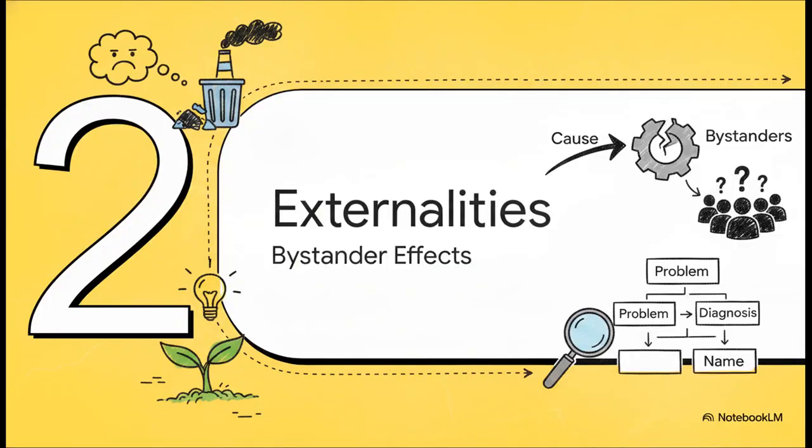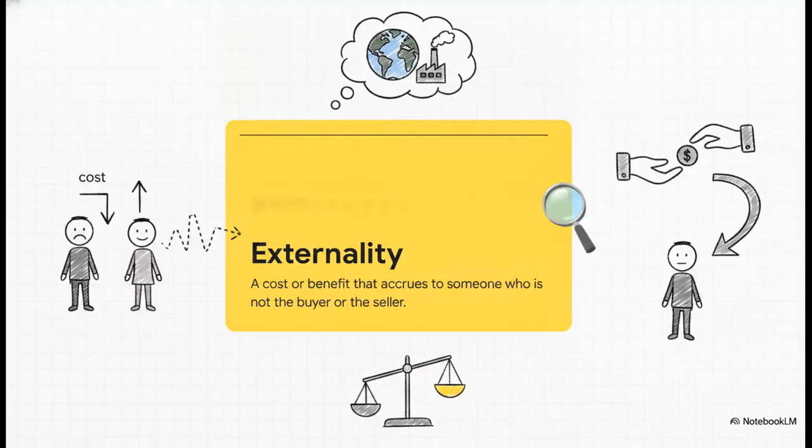Okay, on to Section 2, understanding externalities. Let's give this failure a proper name. Economists call these bystander effects externalities, and that really just means a third party is either paying a steep price or getting a sweet perk from a transaction they had absolutely nothing to do with. You see, private costs and benefits are felt only by the people making the trade, but an externality? That spills over onto everyone else. If there are externalities in play, it literally means the people deciding what to buy and sell just aren't looking